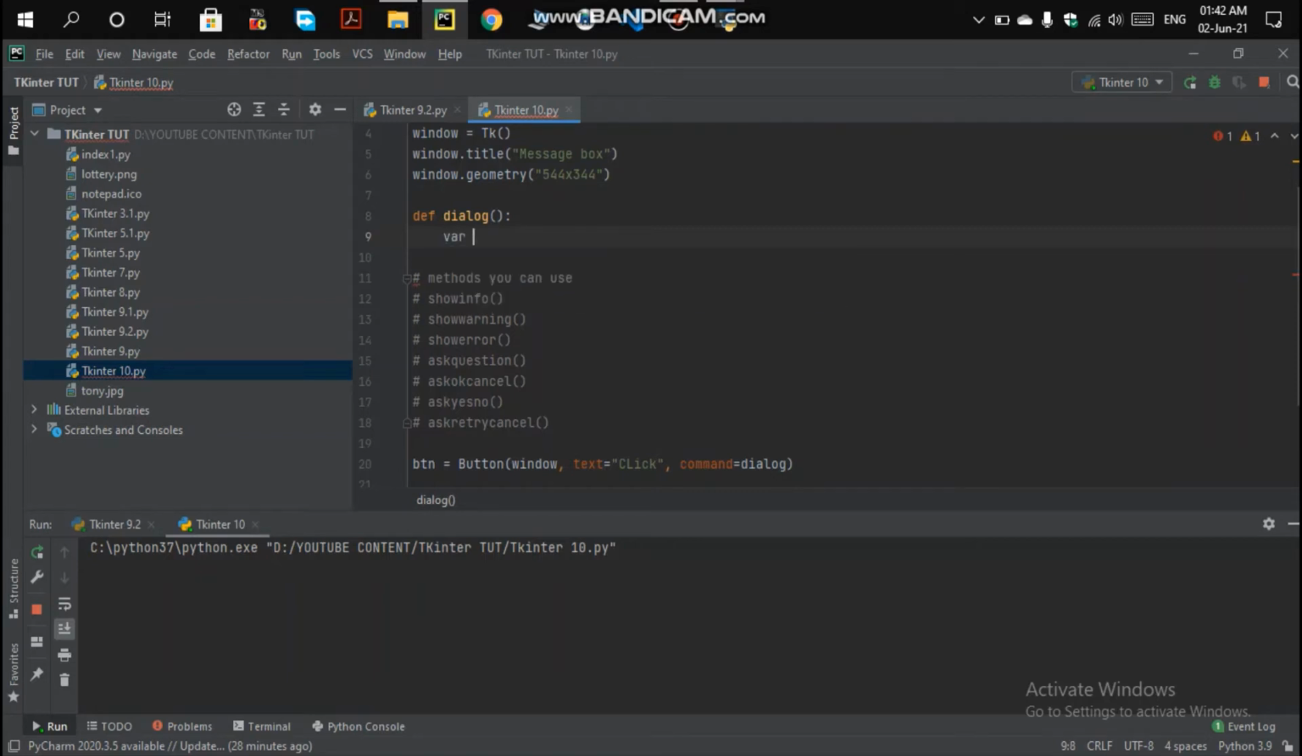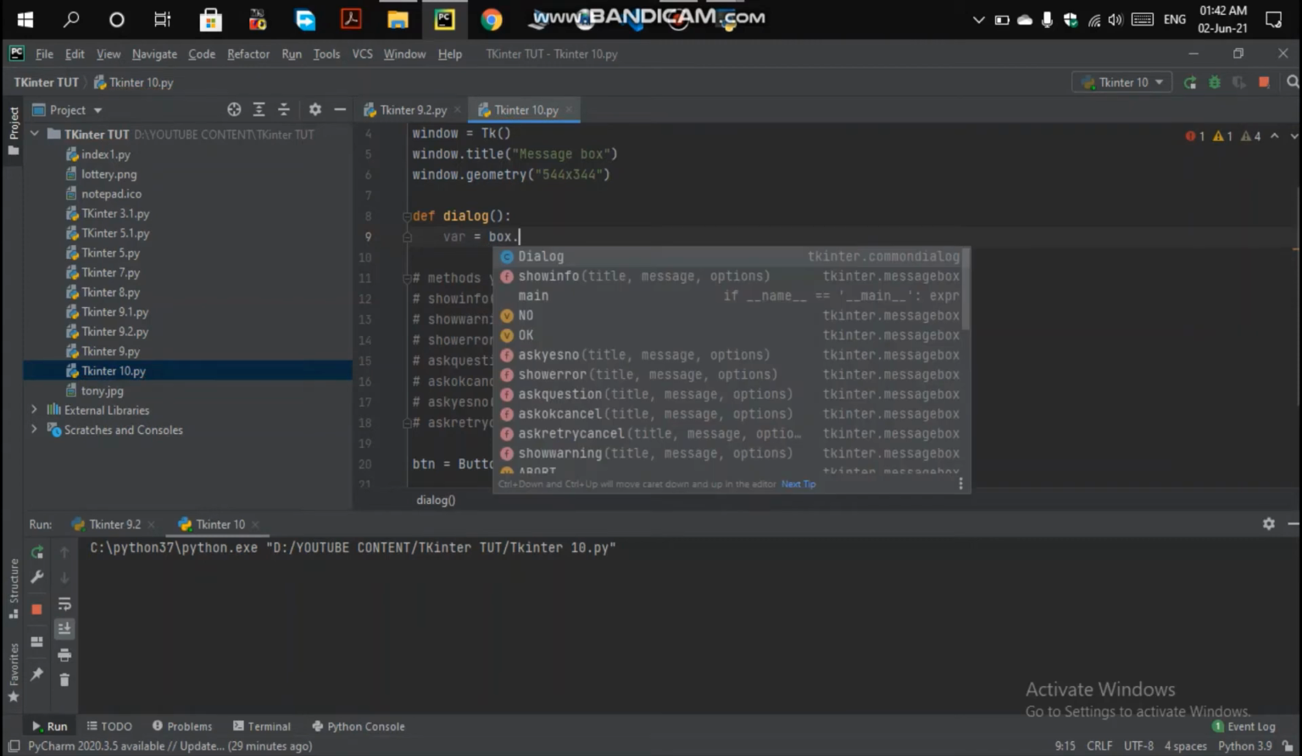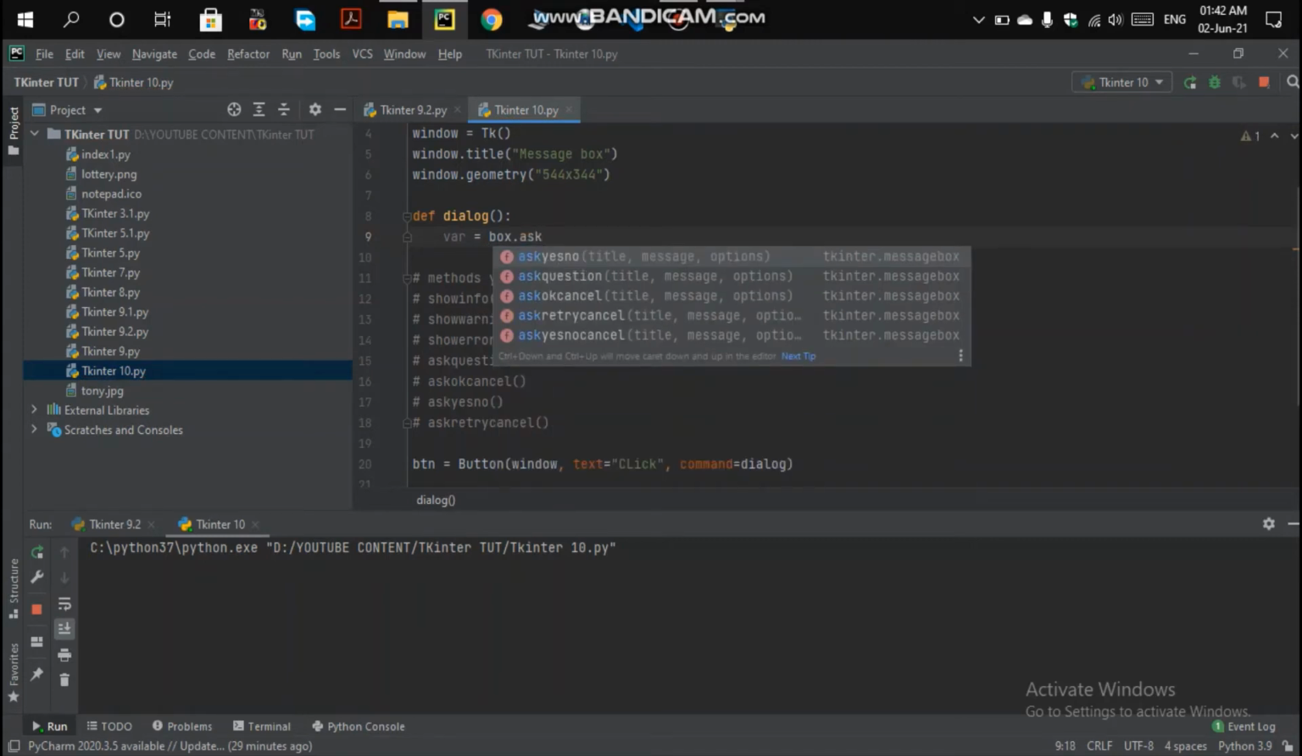So let me create a variable here. I am going to import the ask yes no method from the module box. So what we will be writing is box dot ask yes no. You can see here there are some 5 methods that I have already told you, and some extra ones, like ask yes no, ask question, ask okay cancel, ask retry cancel, ask yes no cancel. These types of methods you can use with it too, and I am here using ask yes no,